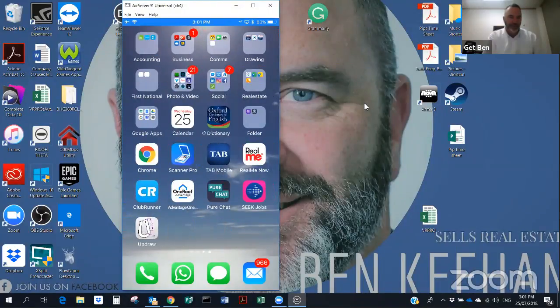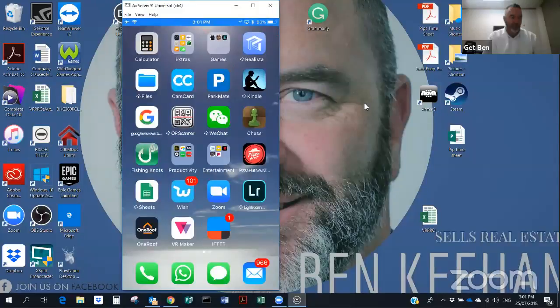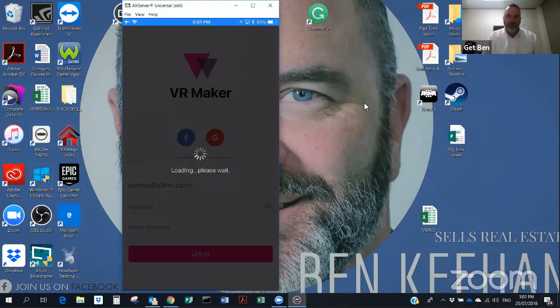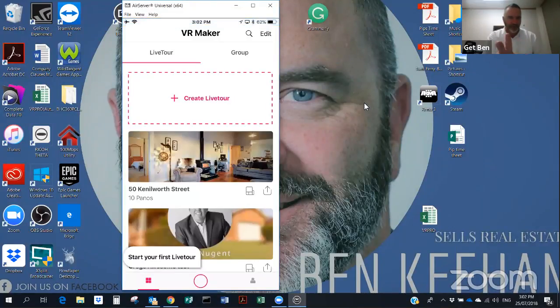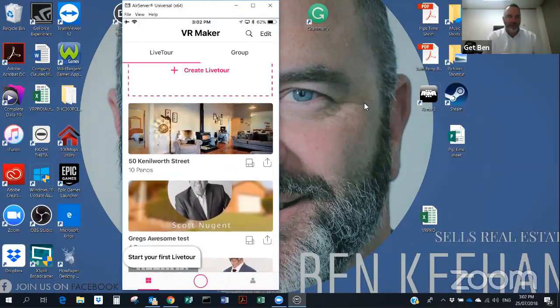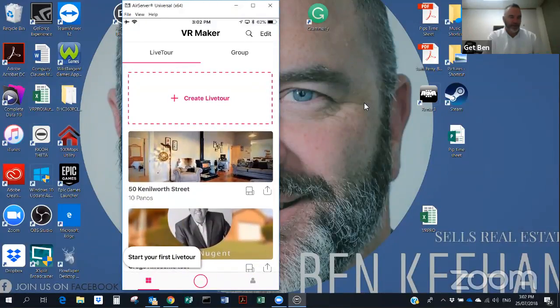You'll see a few of the apps I've got on my phone. Open up VR Maker and log in. I logged in with my Facebook account. We're in. You'll see all the tours I've made recently, all on my phone, and that Kenilworth Street tour was one of the last big ones I did. Basically, I'm going to shortcut the app and click this pink button here. Oh, before I do that,